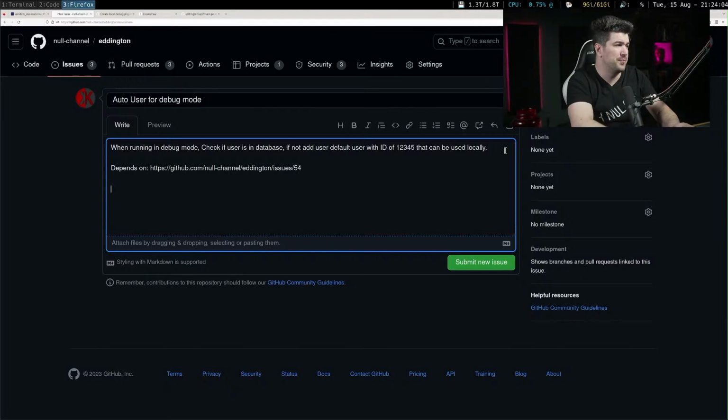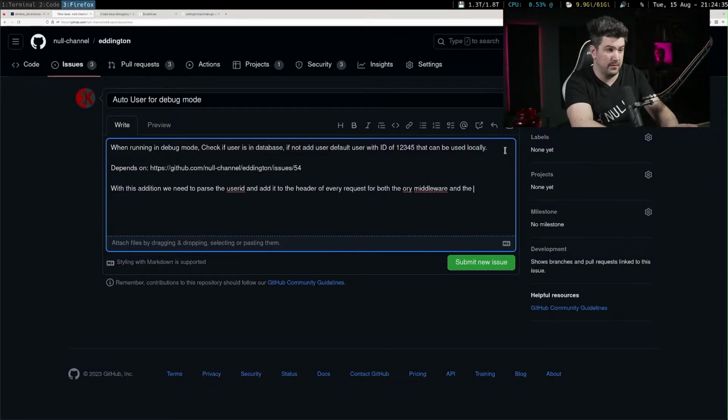One thing that we'll have to do with this addition, we need to parse the user ID and add it to the header of every request for both the ORI middleware and the dev middleware.